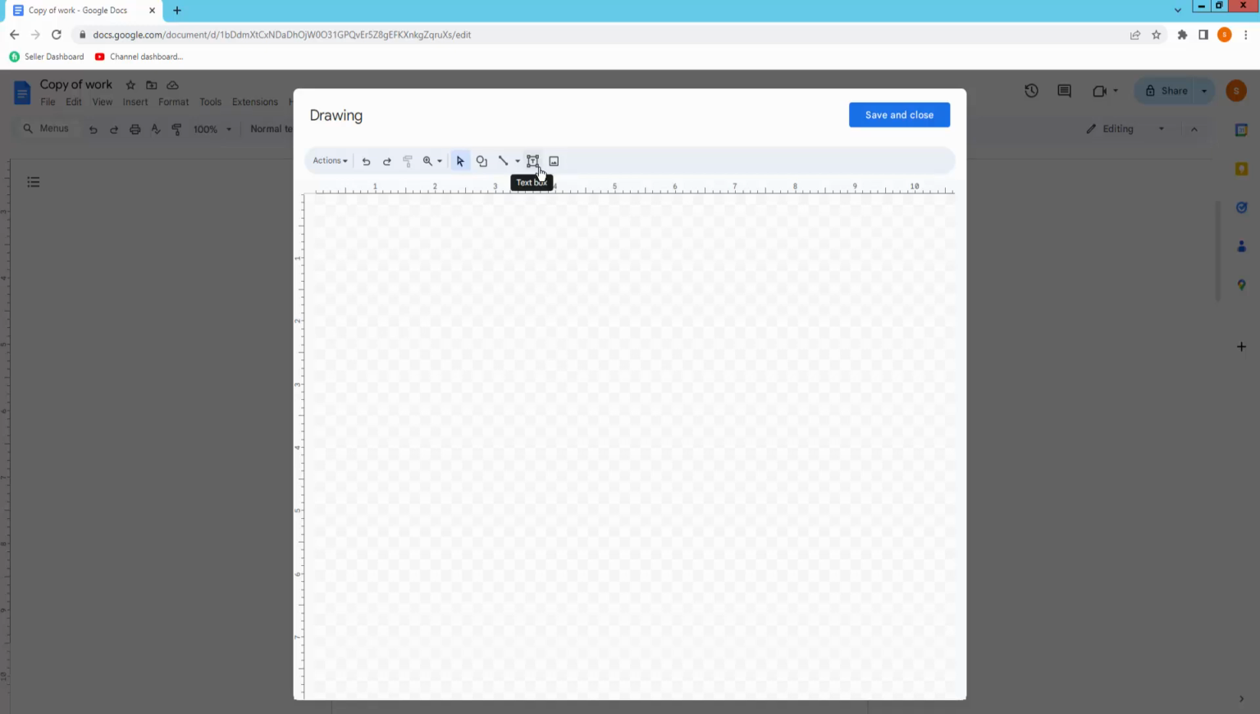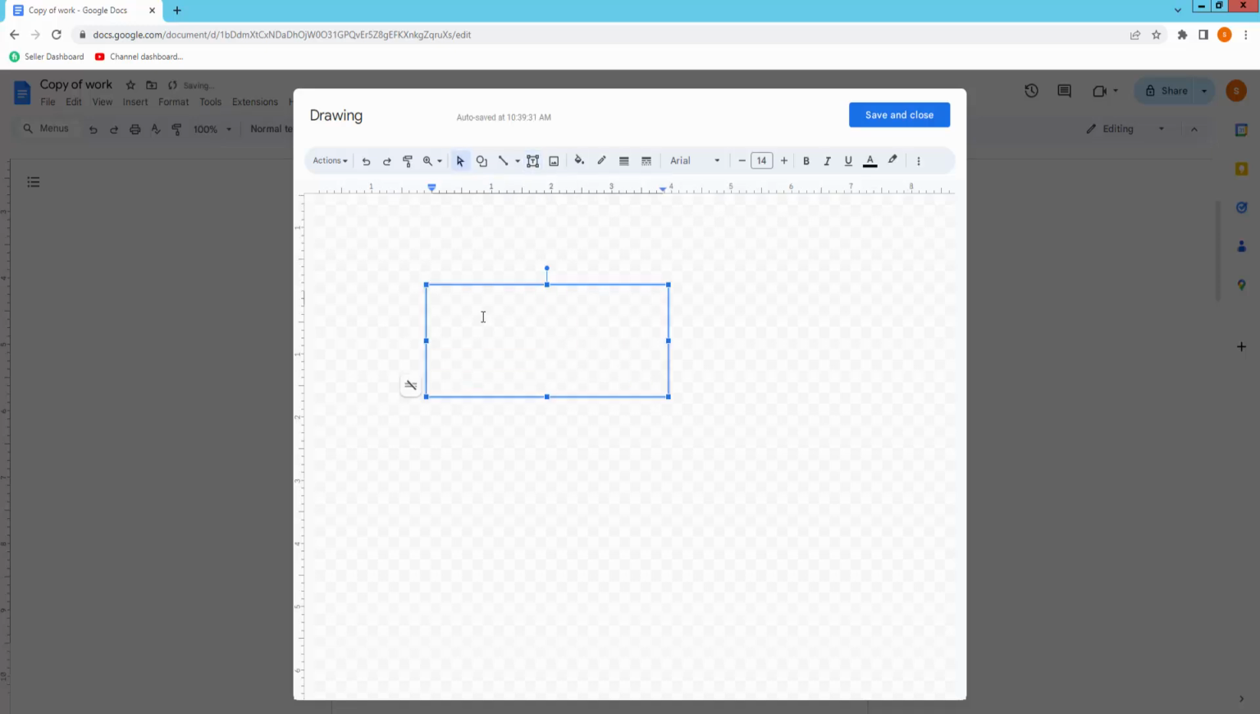And you can see here is the text box option. Now I'm clicking the text box to insert a text box. Now I'm writing something in the text box. In case, resize the text box text,